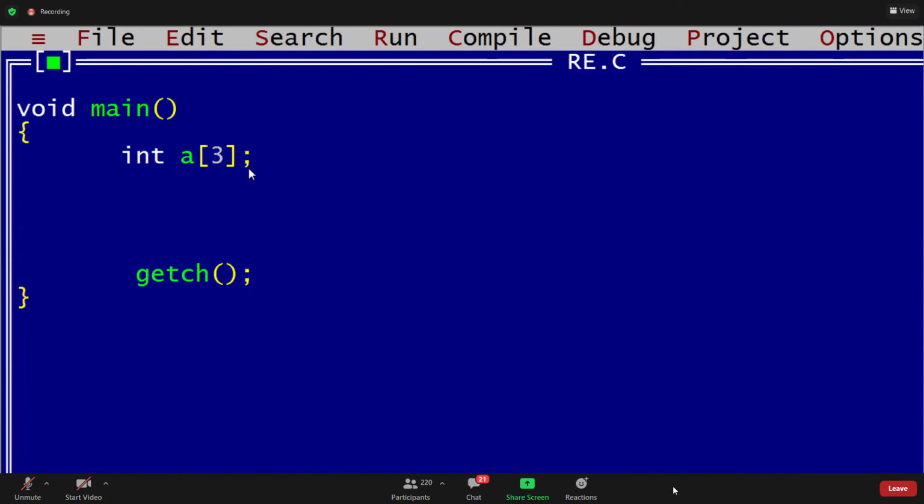Int a of 3 equals to, for example, I have taken 10, 20, 30.